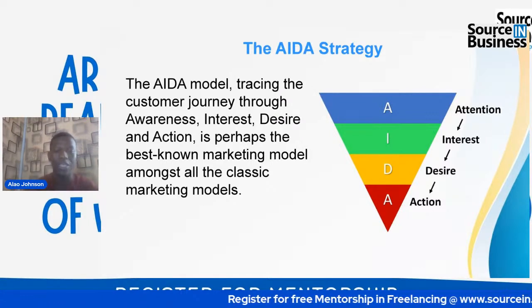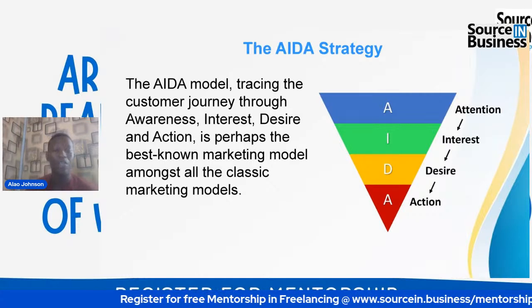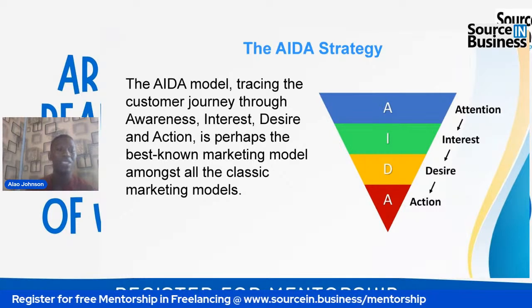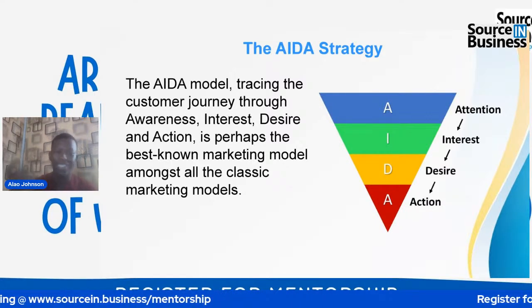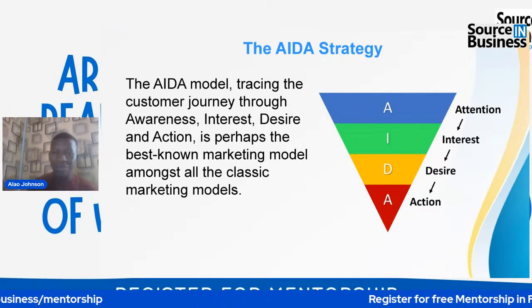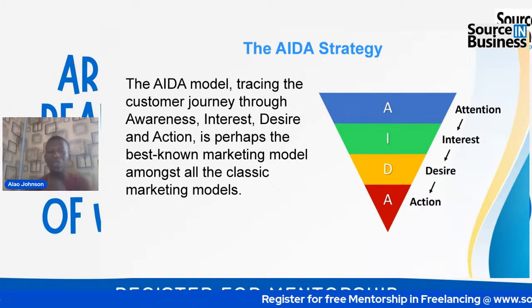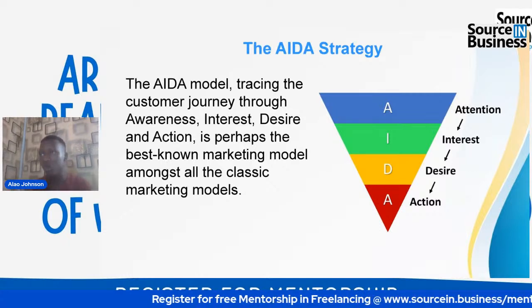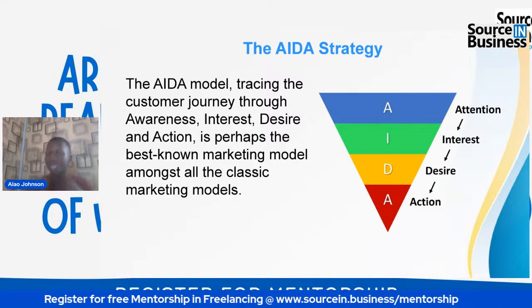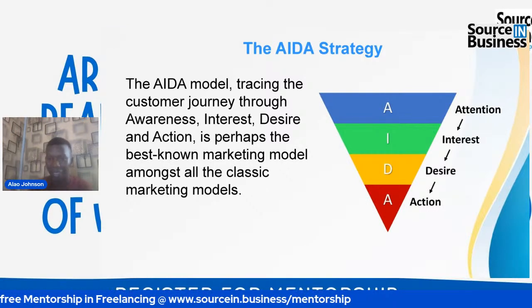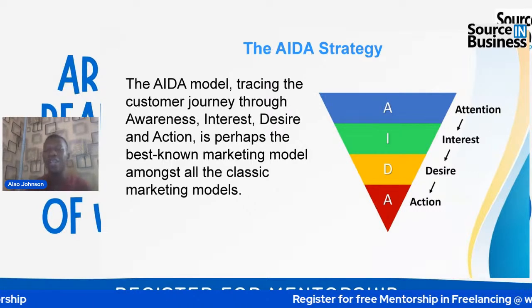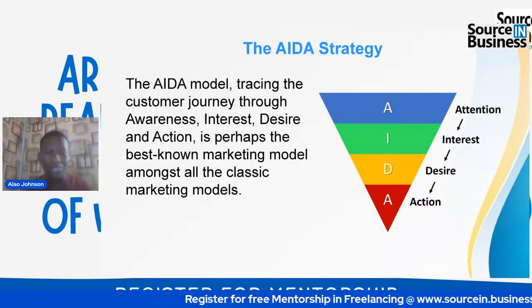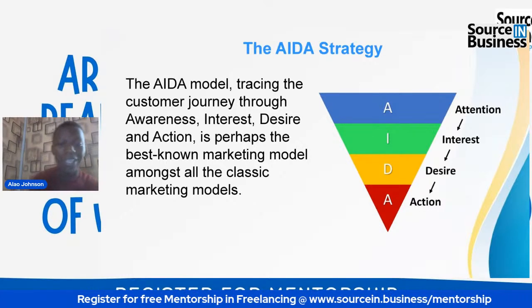All right. You need to grab their attention first. You understand? You cannot just see a lady now and just go and meet her and just tell the lady, okay, I want to be dating you. It sounds like the lady will even be looking at you like, are you mad or something? You understand? So the first thing, when the attention is there, you give her attention too. So the attention will match. Then that is when the two of you will show interest. Then you show desire. Then that is when the two of you now consider maybe you want to be dating each other or not. And that dating aspect, that is what we call action.